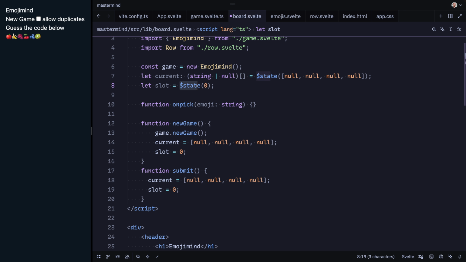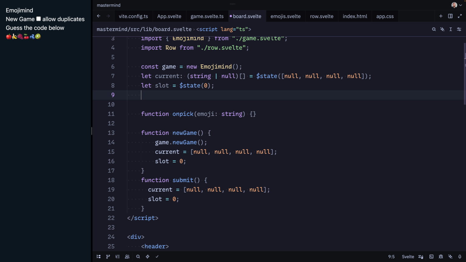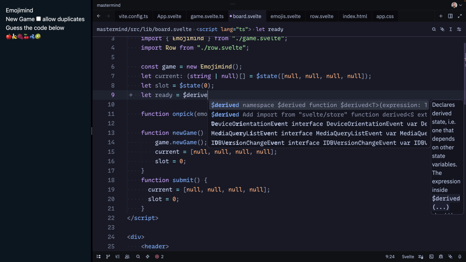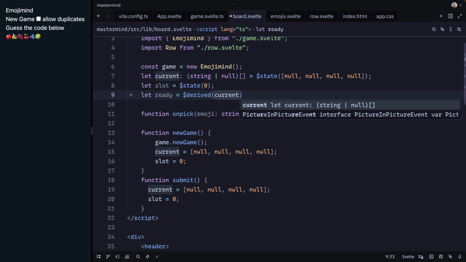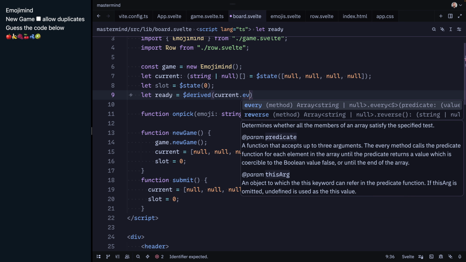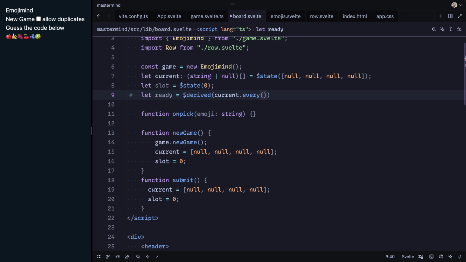And so these runes are state runes, which are just kind of reactive variables. But sometimes you want to derive another value based off of one of these values that gets computed whenever these state values change. And that's what we're going to do here. We're going to create a ready variable, but instead of state, it's going to be derived. And what we can do from that is we can take current and we can say current.every, and then x, and x is not equal to null,